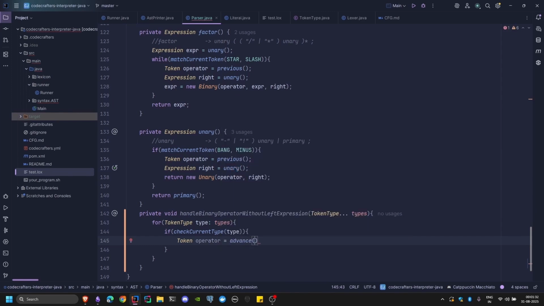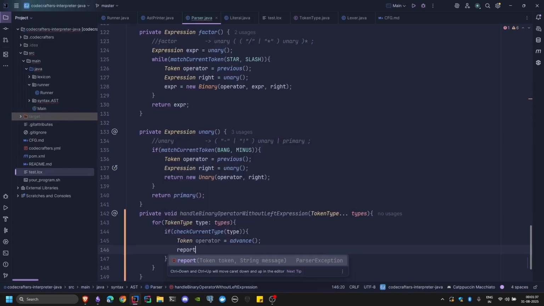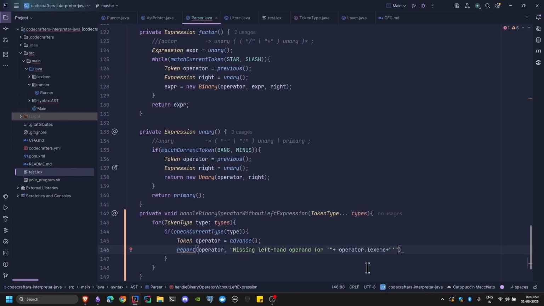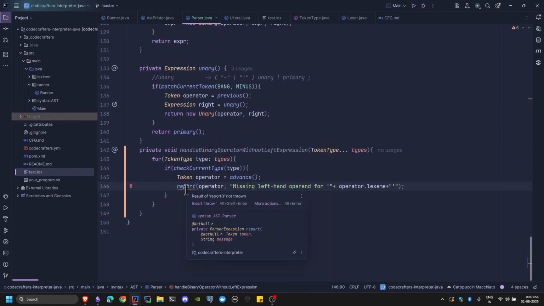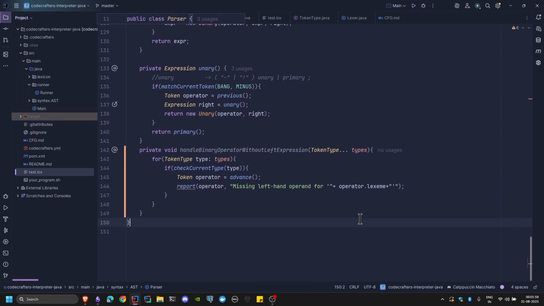We'll call advance, and now I will report an error. We already have a method to do that. Report, and in here I will send the operator to point to it, and the error will be, let me just copy it. The error is going to be missing left hand operand for this operator. This is the error, and we're not going to throw because I want my parser to continue parsing, because